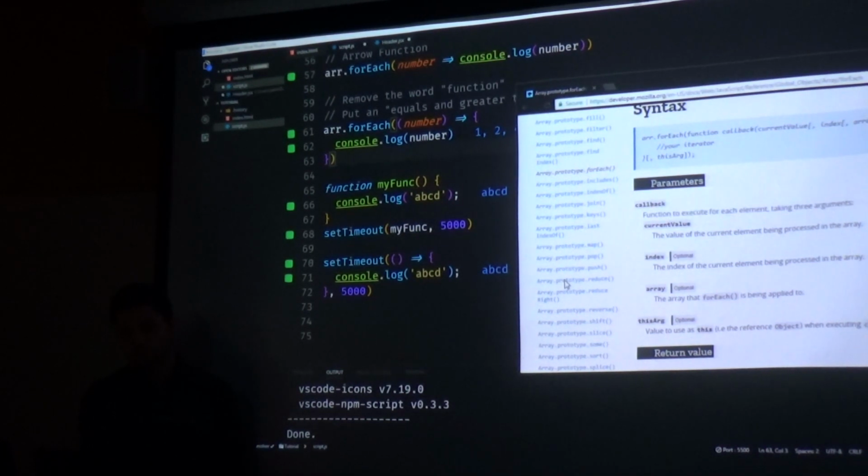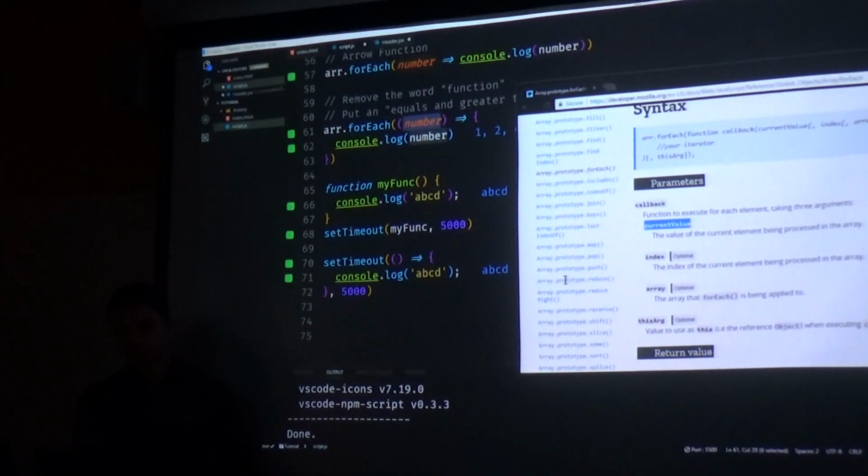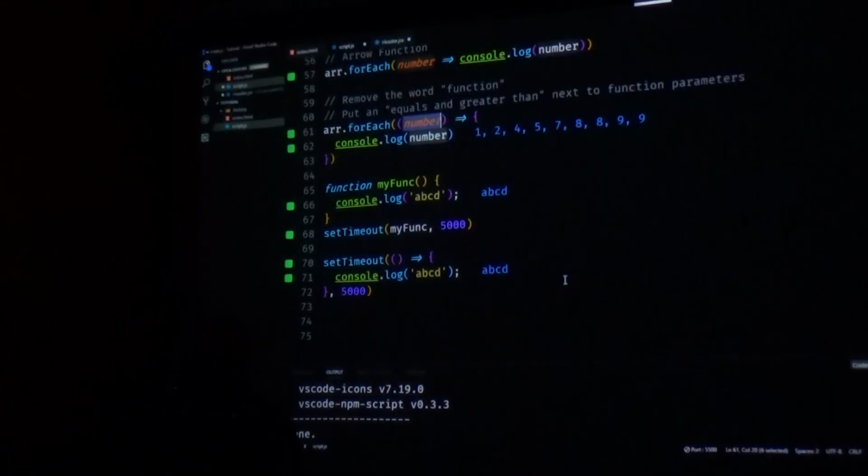It gives you 3 arguments. One is the current value, which is equal to this argument right here. And the next 3 are optional arguments. It says optional right here. I don't know if you guys can see it. So the optional arguments are the index, array, and forget this one for now. Index and array. So what this means is, optionally,